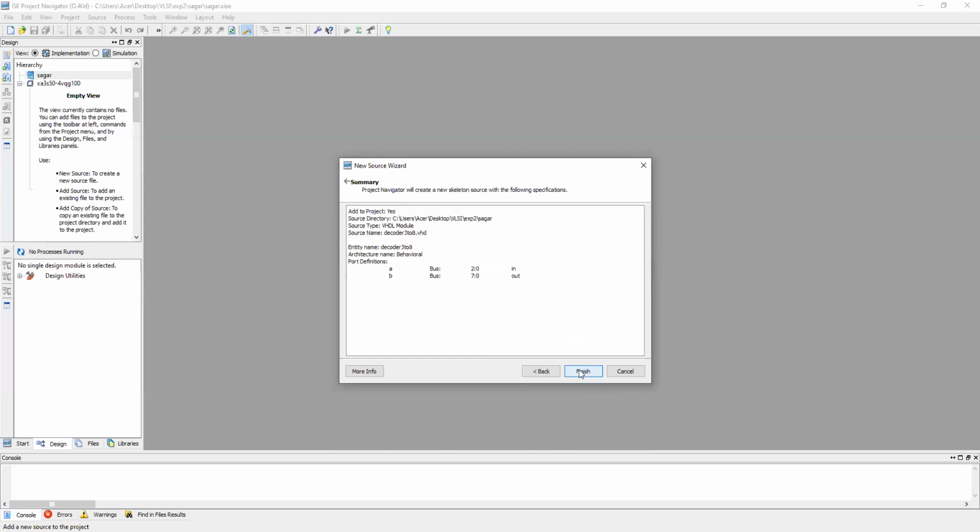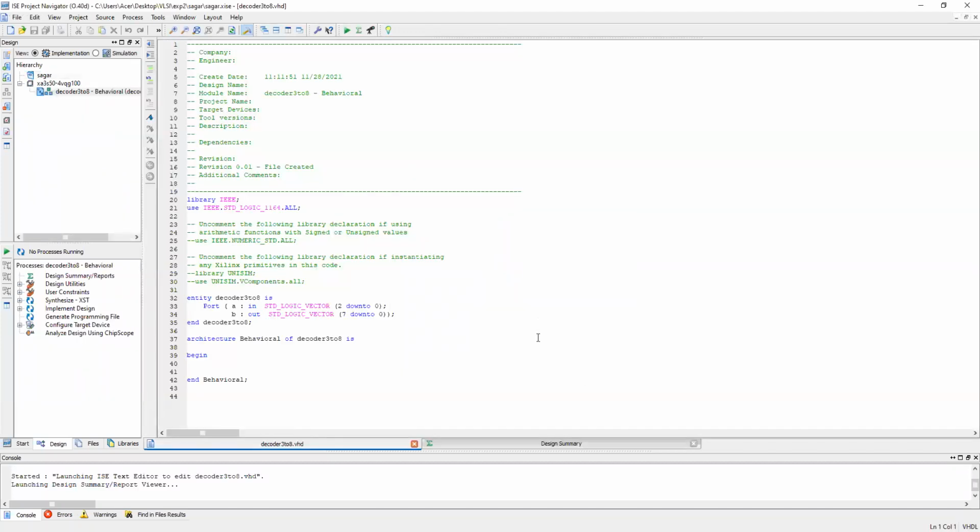Next, here you will get the entity name we have given, decoder 3 to 8, behavioral style by default, and these are the inputs and outputs that you have set. Finish. And now here is your ready-made entity and library part. For decoder, do we require any extra package along with this standard logic 1164?